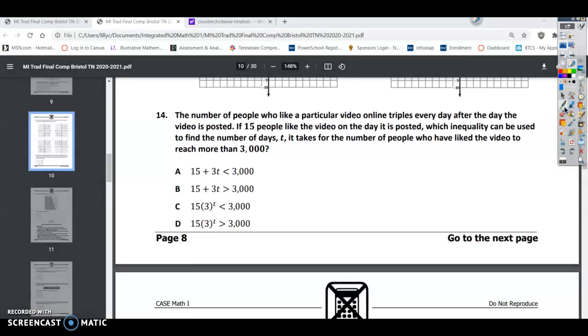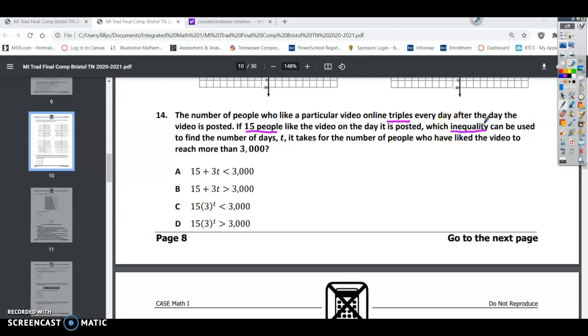Math 1, your final benchmark, number 14. The number of people who liked a particular video online triples, that's important, triples every day after the day the video is posted. If 15 people liked the video the day it was posted, so that's the initial amount, which inequality,